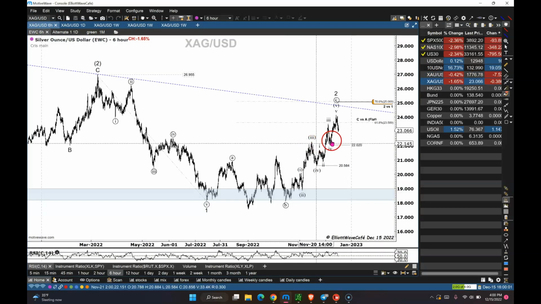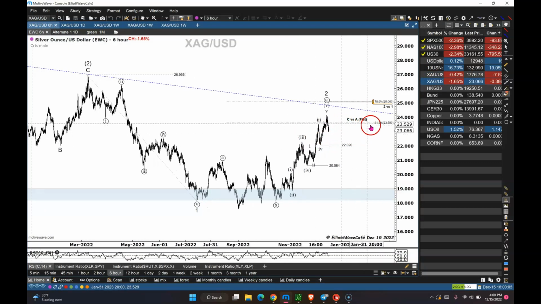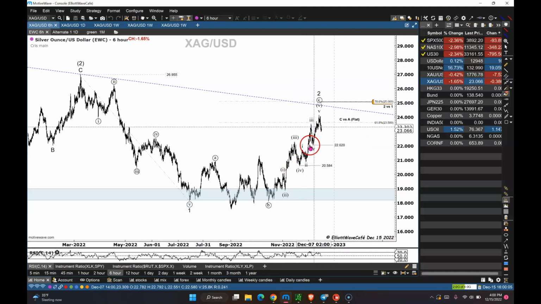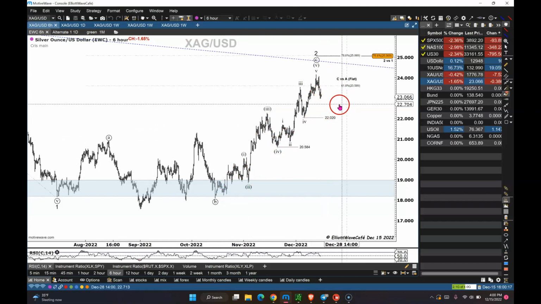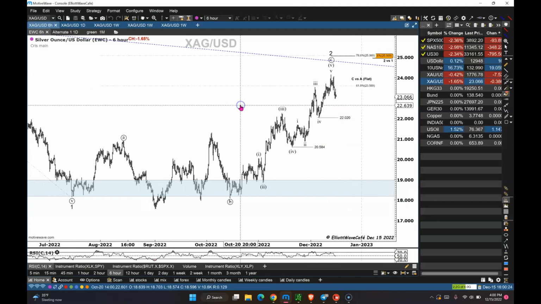And in silver again, a very beautiful touch of the 61.8. Actually, I think we went a little bit higher than that. Right there was 61.8. The structure here was almost textbook in terms of its rally. You have a nice move out of here in wave 1, 2, 3, 4, 1, 2, 3, 4, 5, and now you're pushing lower. We're watching for 22 to be taken out, maybe create a head and shoulders, and then once you break below 2058, the next move to the downside begins.